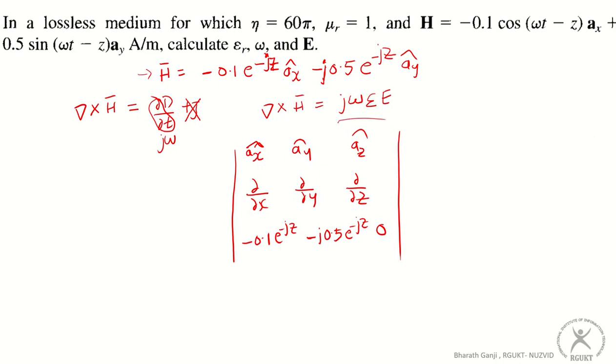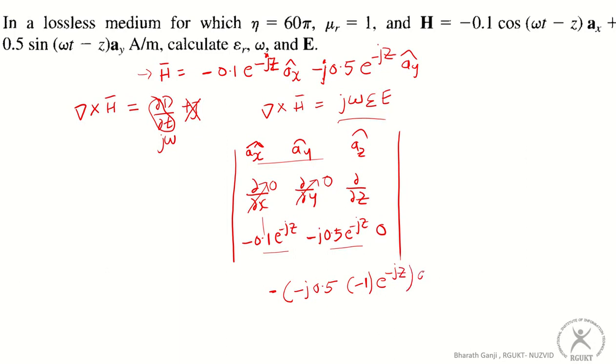So what is the curl for this equation? You can see these functions are not changing with x or y, so the ∂/∂x variation is 0 and the ∂/∂y variation is also 0. So for the x component, you get minus of minus j 0.5, and of course you get a derivative with respect to z, so you get again a minus 1 times e^(-jz)